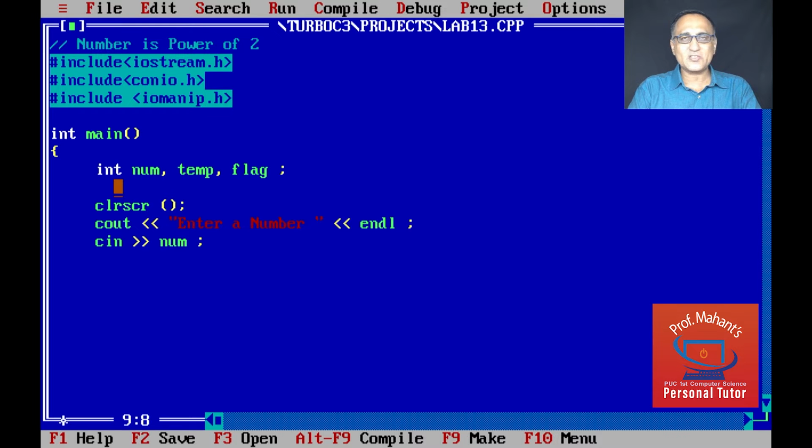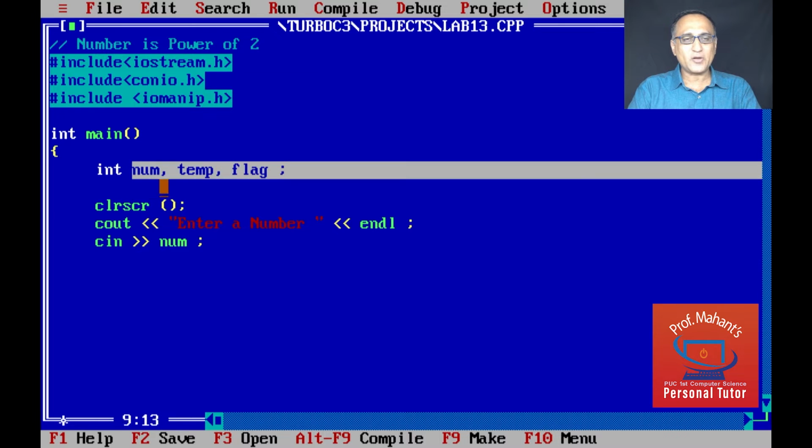So 12, again it's an even number, but you cannot get it by raising 2 to any power. Similarly, 16, 2 raised to 4 is 16. So 8, 16, 32, 64, these are all numbers which can be obtained by raising 2 to a power. Now what we're going to do here is read a number into a variable called num,